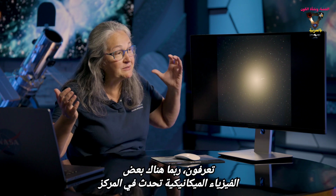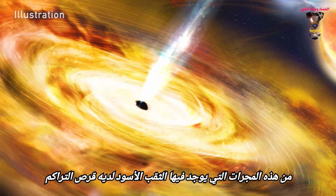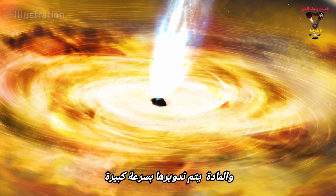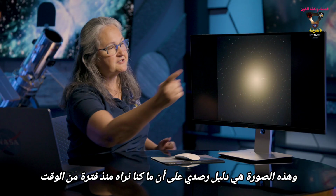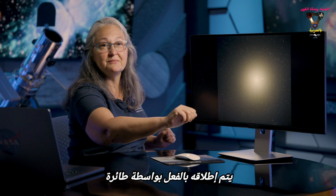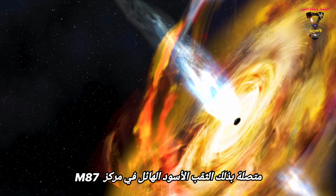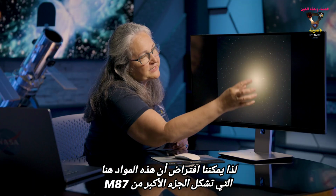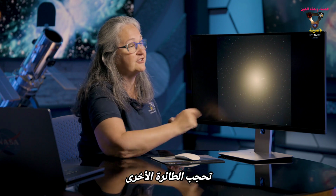That's an idea, you know, maybe there's some mechanical physics going on at the center of these galaxies where the black hole has an accretion disk and that material is getting spun up so quickly. We know there's very high magnetic fields that you launch a jet. And so this image is observational evidence that what we've been seeing for a while is actually being launched by a jet connected to that supermassive black hole at the center of M87. What we're seeing here is one jet. So we can assume that this material here that's making up the bulk of M87's huge stellar population is obscuring